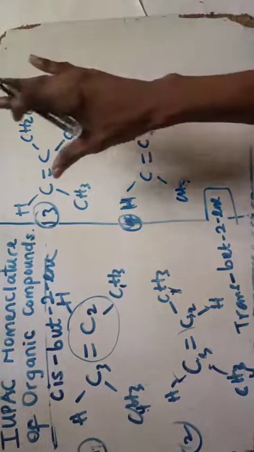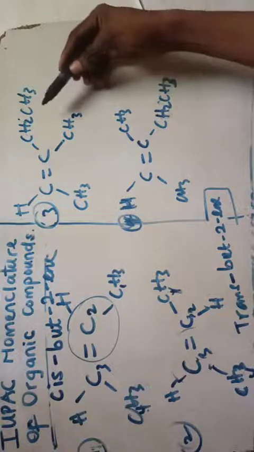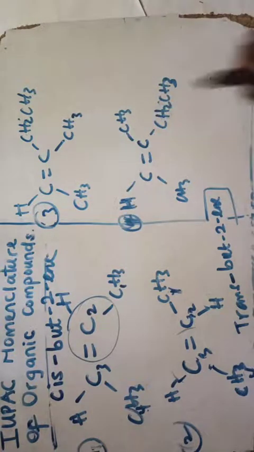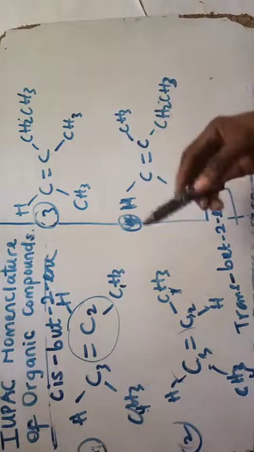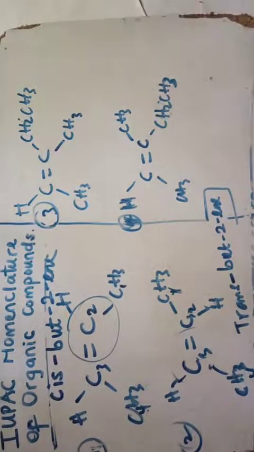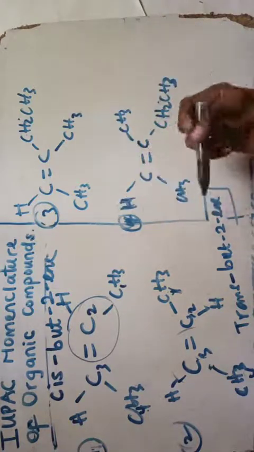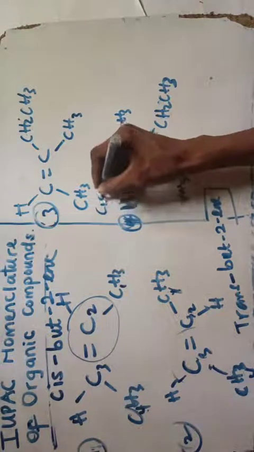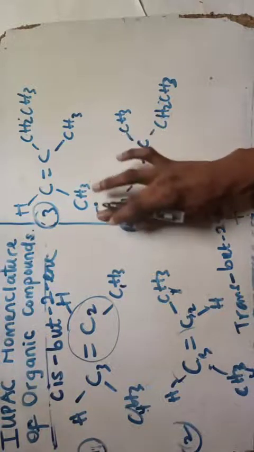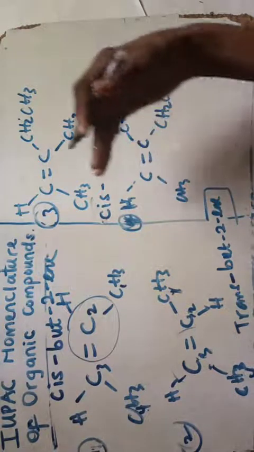So now look at this example. This example here, you have 1 here, you have these 2 here. So one of the rules that govern this in terms of IUPAC nomenclature, naming organic compounds, is that once you have 2 common groups that are on the same side, if I can identify them, that shows that it is already a cis. So like in this example here, particularly in this one here, you have it as cis. That is cis.